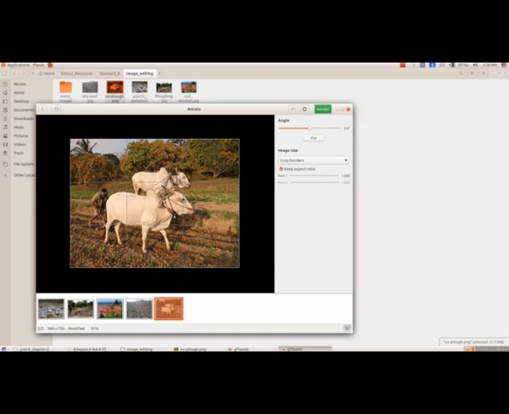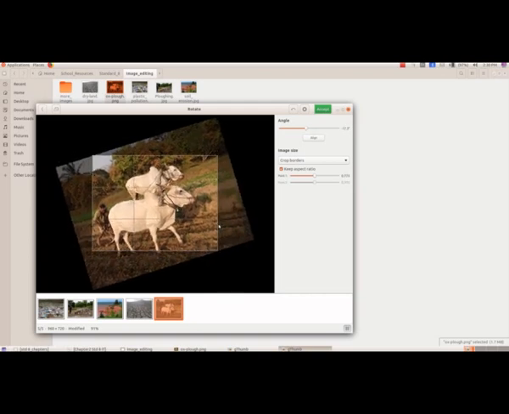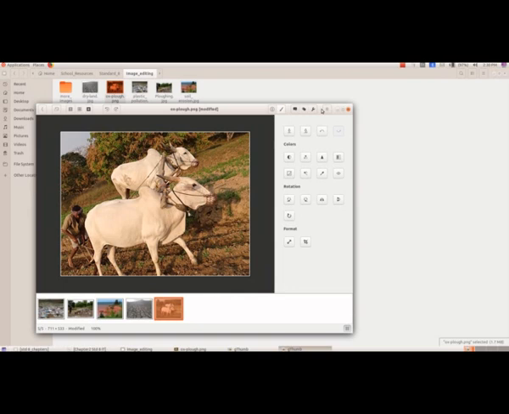And here, when you drag, I want this part only. After selecting this, I am selecting accept. So here I got only that picture, and I have rotated it. Just like this, you can rotate the picture.